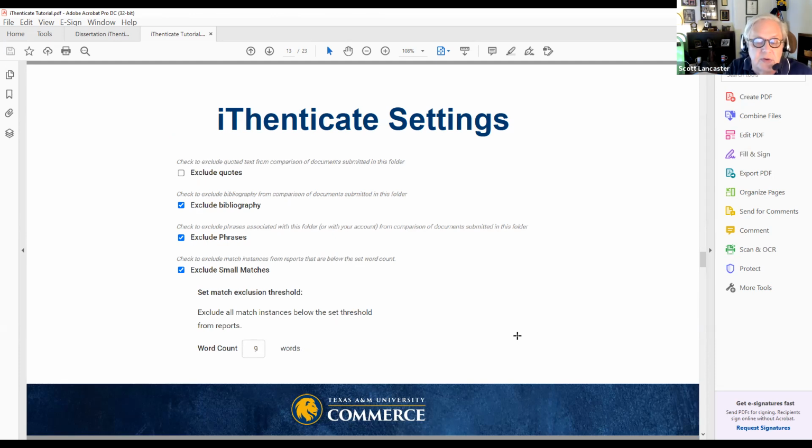We're going to assume, or we're going to check to make sure it's all cited properly, but we want to know overall how much of it is not original. And for excluding small matches, the standard that the graduate school uses is 9 words. So if it's 9 words or less from any one source, it's going to ignore that and assume it's just a coincidence of some kind.